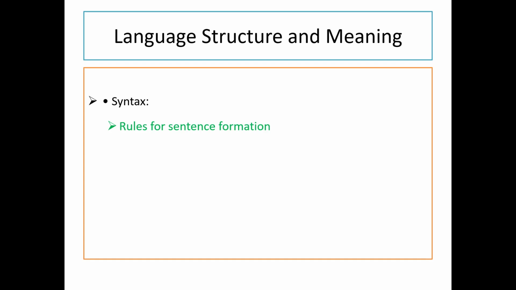How about this? Colorless green ideas sleep furiously. Colorless green ideas sleep furiously. Grammatically correct. Is it? The subject, the verb, the adjectives are all in the right places, but it doesn't make any logical sense. It's like a nonsensical word salad. Exactly. So syntax is important, but it's only part of the story. We also need to consider semantics, meaning, making sure our sentences aren't just grammatically correct, but they're also meaningful, and they're appropriate for the context.